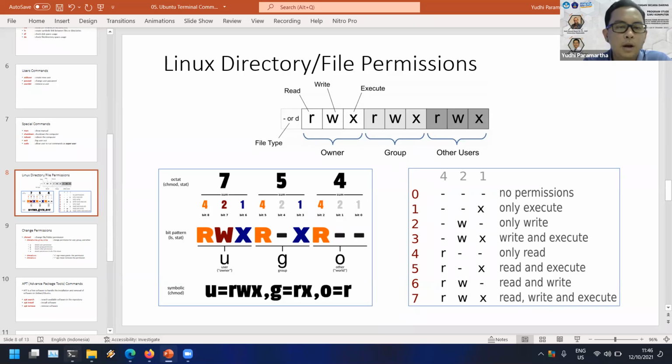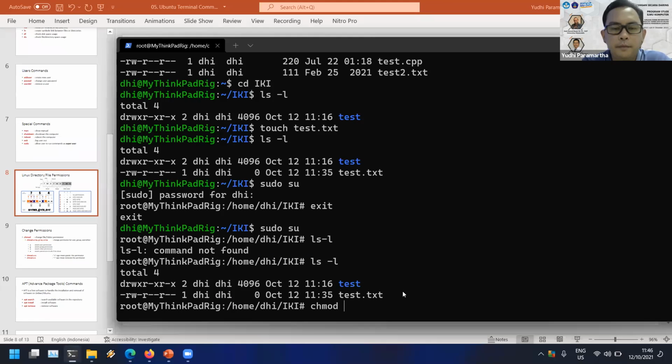What I could do is type chmod and then 740: 7 for user, 4 for group, and 0 for other user. And then the file, for example, test.txt.